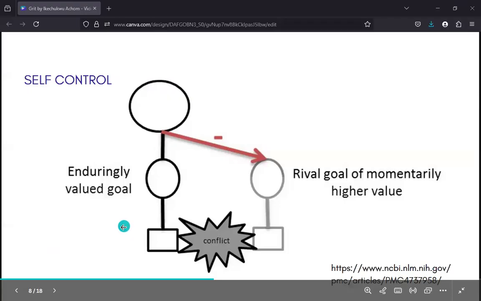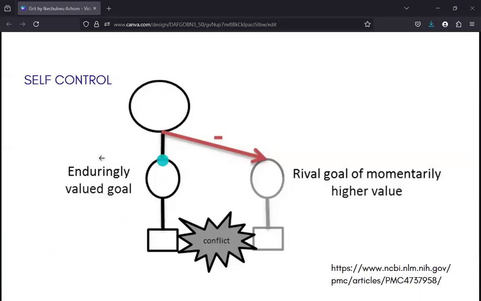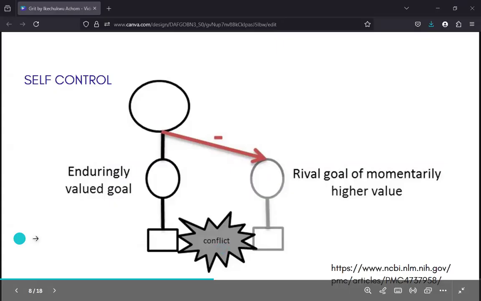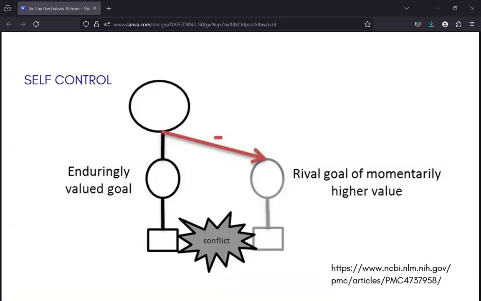So self-control. Now, looking at this image here, you have an enduring valued goal, a goal that is valuable. Now, but there's a very key word there, enduring, right? An enduringly valued goal. And then at this point, you have a rival goal of momentarily higher value. Now, in that moment, and a lot of times we are in this position, a conflict arises, right? So basically what this is showing us is that